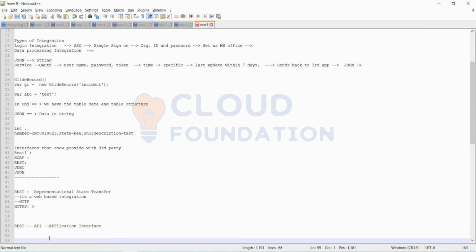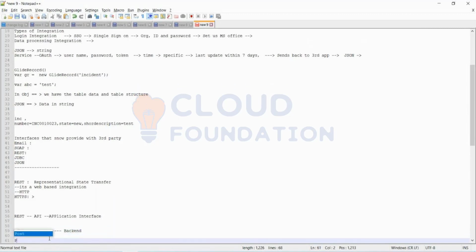Let me take up a library example. In a library, you have all the books. This is going to be the backend. There is a librarian who gives you only a specific book that you request, say a snow book.